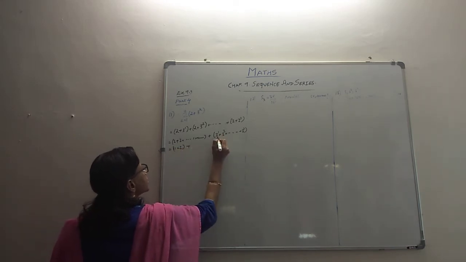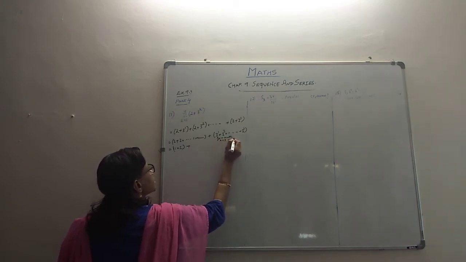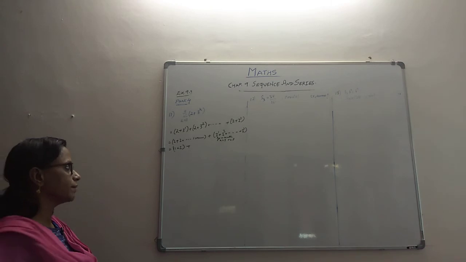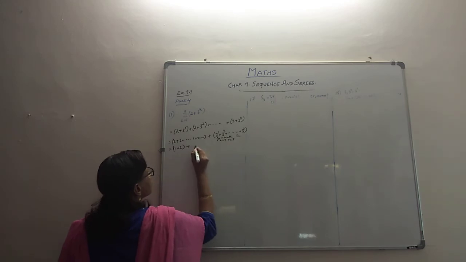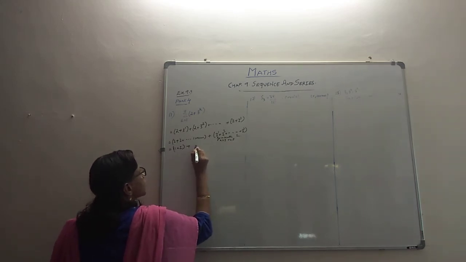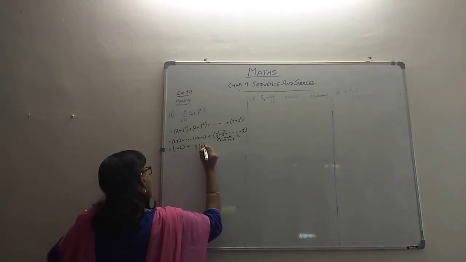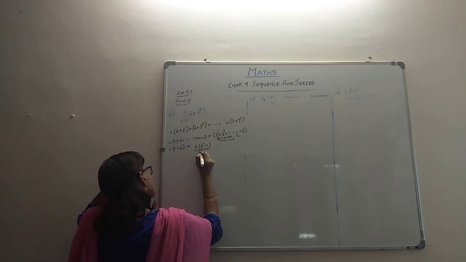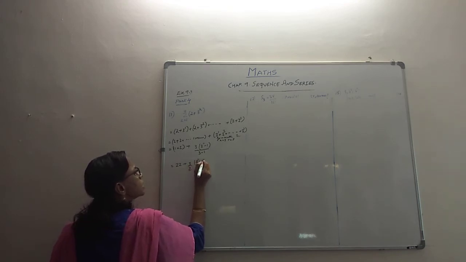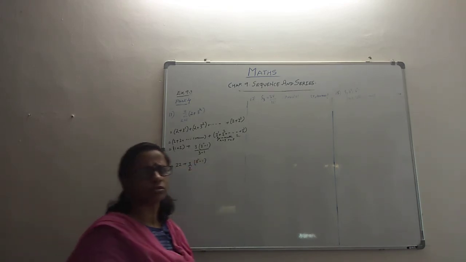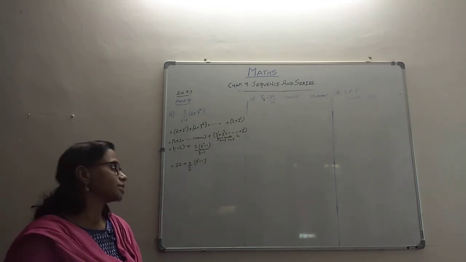And this is actually a GP with A as 3 and R as 3 because 3 squared by 3, it's coming to 3. So actually we have to find the sum to 11 terms. So we just have to find S11 here, and by formula what is it going to be? It is going to be A into R raised to N minus 1 by R minus 1, which is 3 into 3 raised to 11 minus 1 by 3 minus 1. So this will come to 22 plus 3 by 2 times 3 raised to 11 minus 1. That's all. You can leave it like that because it's not possible for us to sit and elaborate and find out the 3 raised to 11 and all that. So that is our answer to this question.